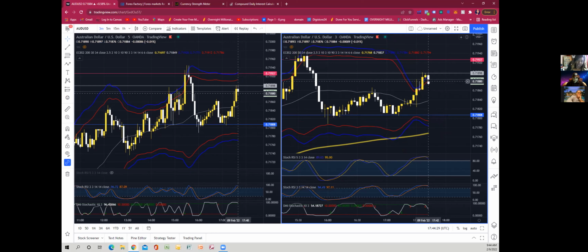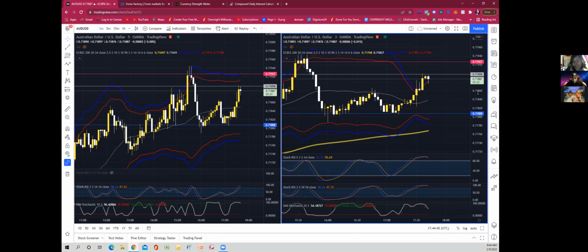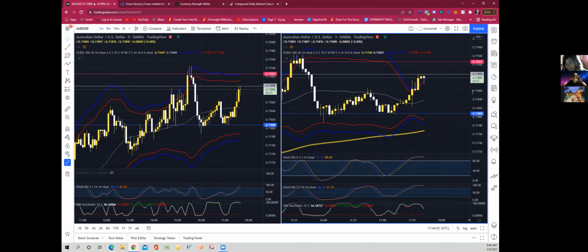Okay, so when we have a rejection candle like this, and you still have, okay, this is my 5-minute, right? Yeah, so it's 5-minute right here. Let's see what it's going to do. This is when patience is key. We want to make sure that it closes below. We want to make sure that it's still pushing down. Okay, so whenever, what we got, 7 seconds left.